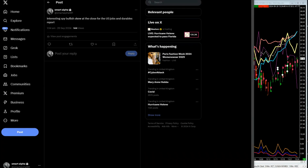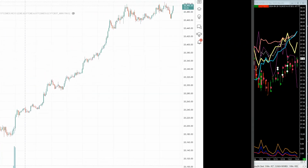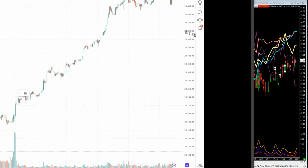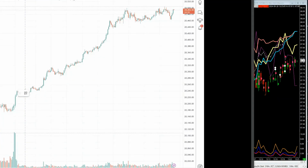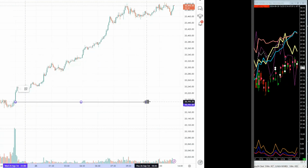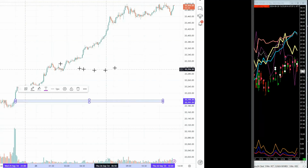So we're talking about a very bullish skew on equities. So obviously this means that at 9 o'clock London time yesterday, what you're going to do is draw in the price level. Right, so at 9 o'clock London yesterday, you're going to draw in the price level. You're just going to make sure you understand there's 9 o'clock there. And what you're going to draw in is that price point right there. So there's 9 o'clock right there. Obviously you're reading this as it comes into 9 o'clock. You're not reading it after 9 o'clock. You're reading it when it comes into 9 o'clock. So obviously that's at